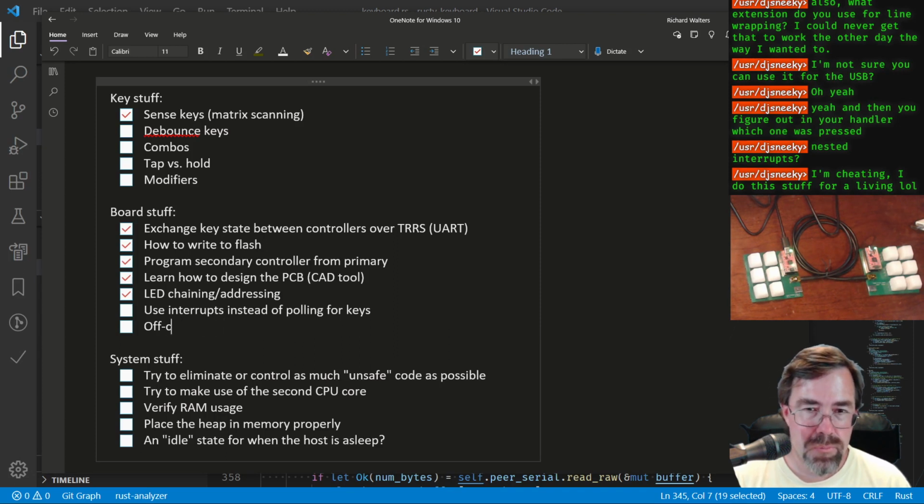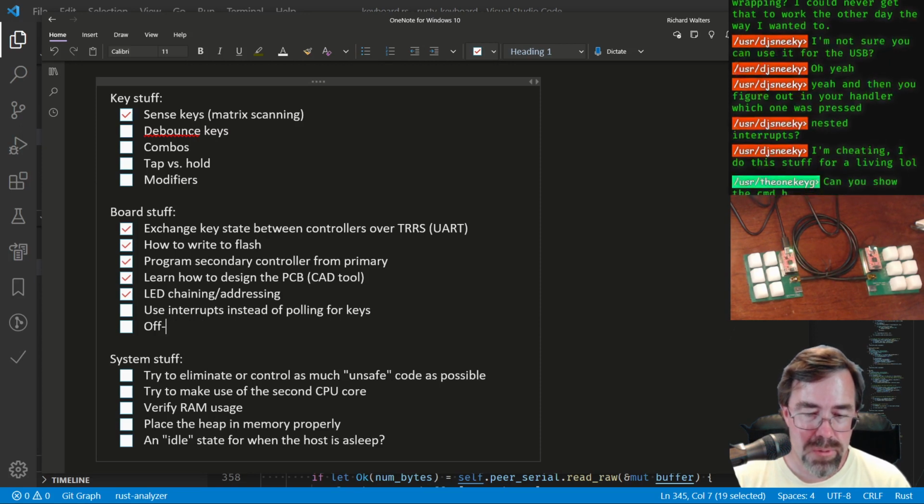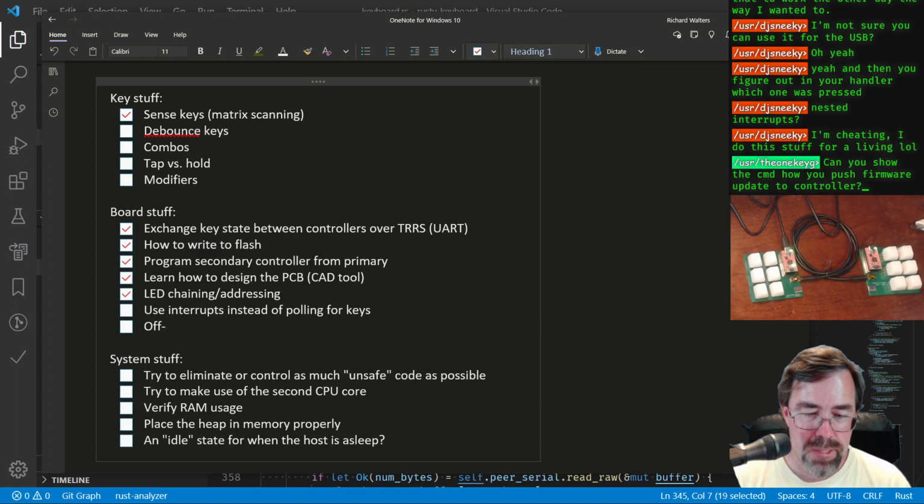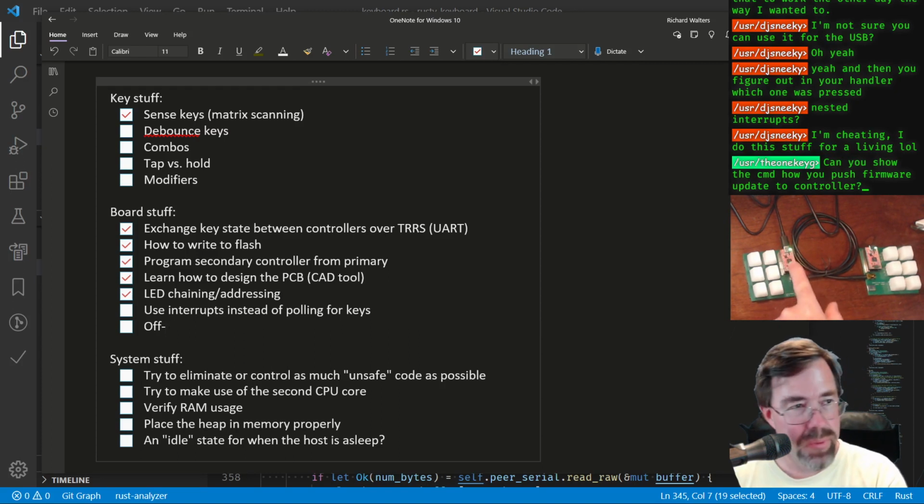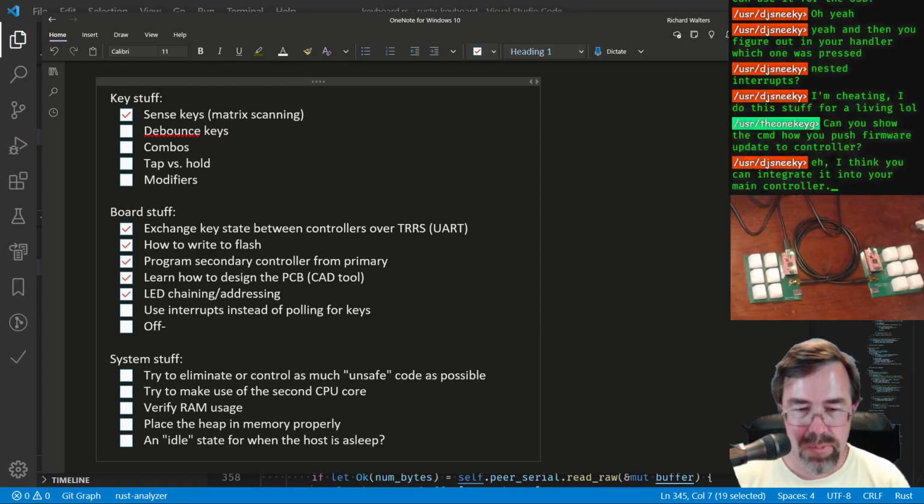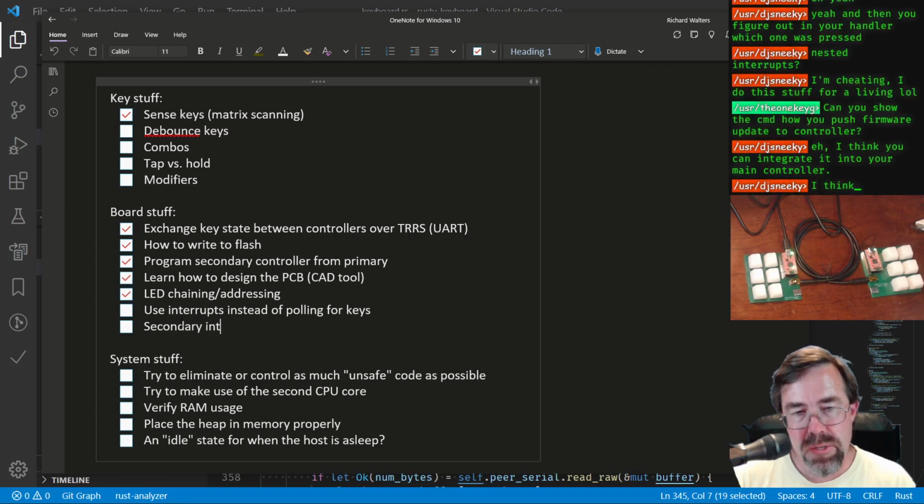Controllers on off board. I need a word that describes what this thing is that isn't an overloaded term. How about secondary? Secondary interrupt controller to